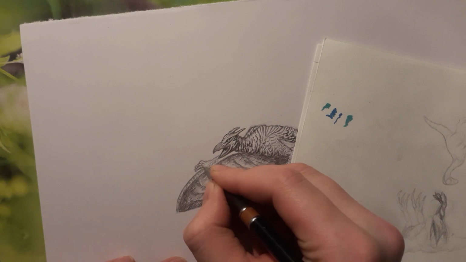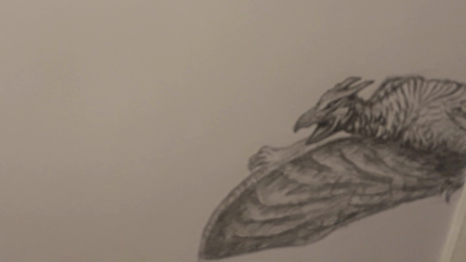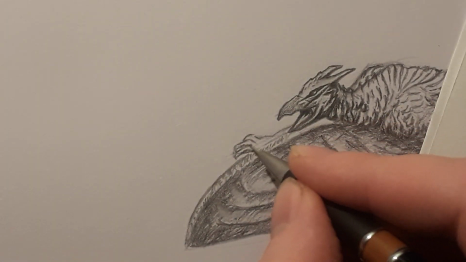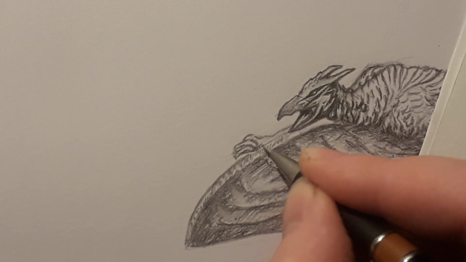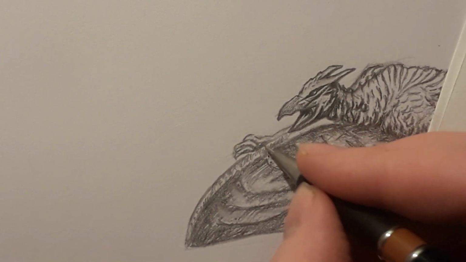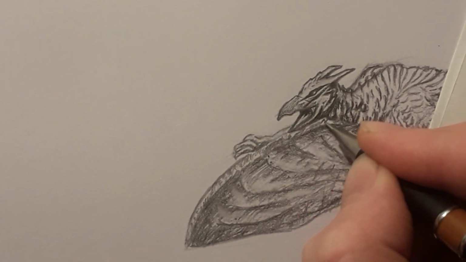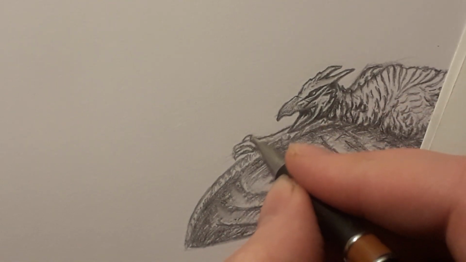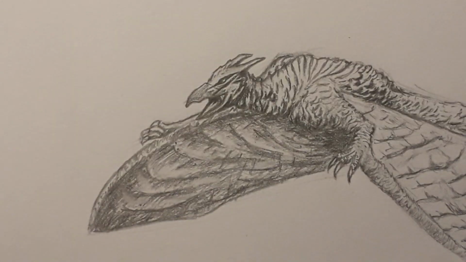Underneath his fingers you get a lot of shadow, and as you can see, by the way, the underside of his wing is not as detailed as the other wing. We have a lot of shadow underneath his hand and underneath his fingers, and then it kind of goes like this, goes into the wing. We can get the nails in as well. So,